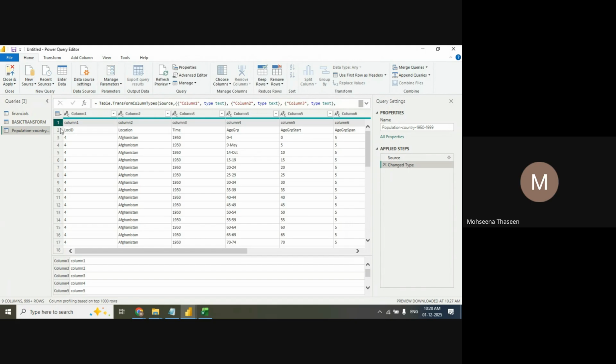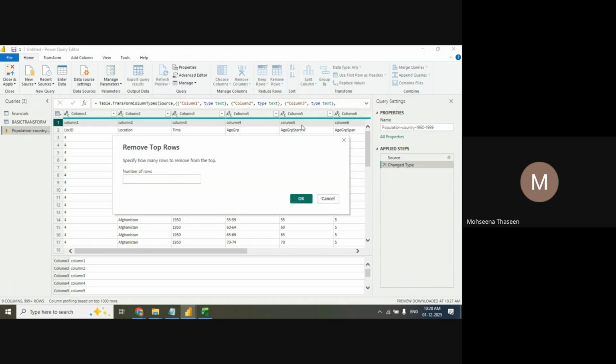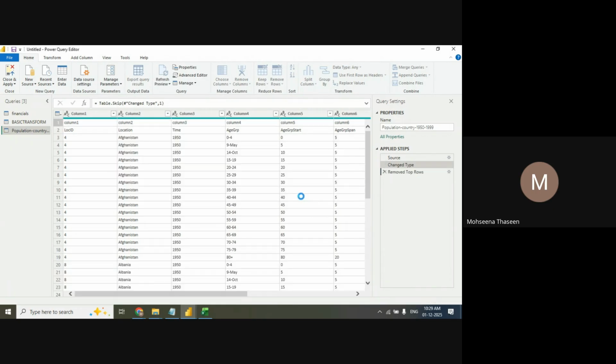So now, how to delete this first row? This is the basic transformation, which I said will be performed in the Home tab. In the Home tab, I'm reducing the rows. So how to reduce? Here you can go and select Remove Rows, Remove Top Rows. As the dialog box appears here, I need to delete only the first row. If you have 2 or more, you can enter the number there, whatever the number is. See, as I am doing it,